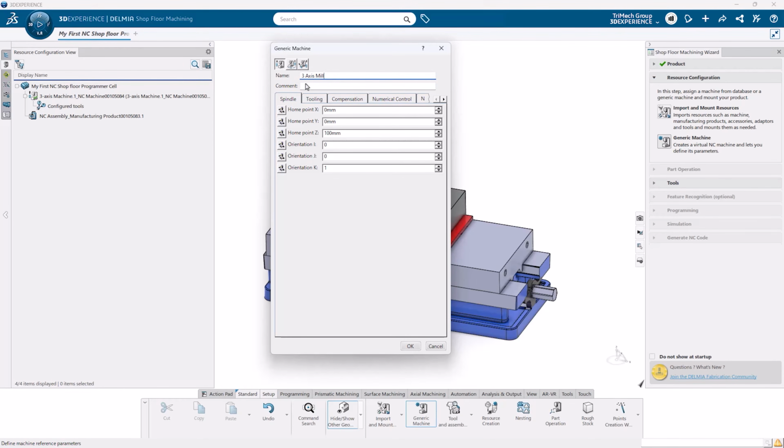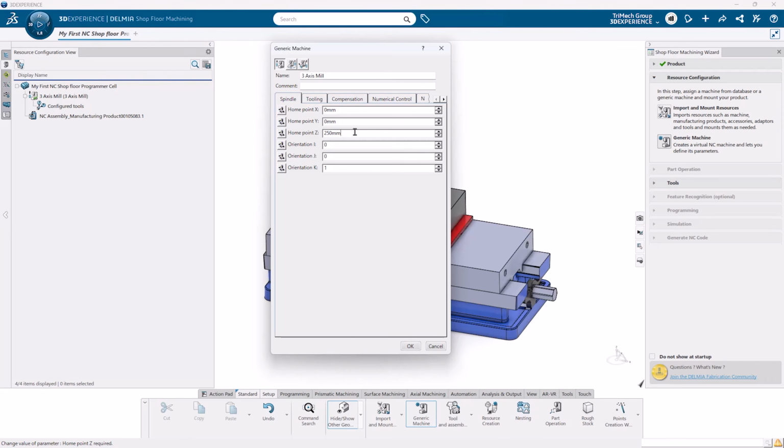You can also change the type of machine, such as a rotary table or a 5-axis machine, but we're staying with the 3-axis mill today. One recommendation from us is to move the Z home point. This is so that during simulations within NC Shop Floor Programmer, the tool stays well above the job, especially on deep parts where the coordinate system is defined at the bottom. For now, we'll set this to 250mm, but there's no harm in putting this as your Z max travel on